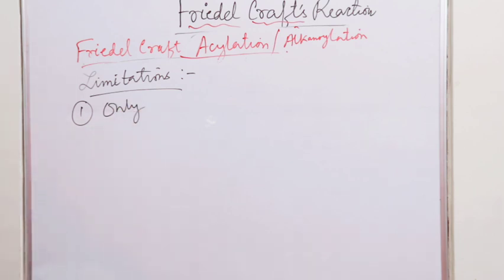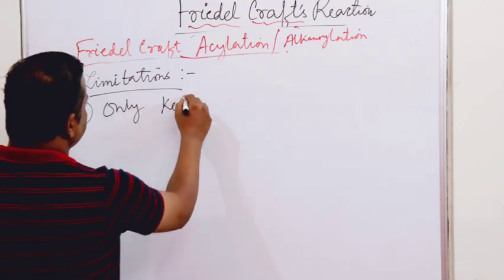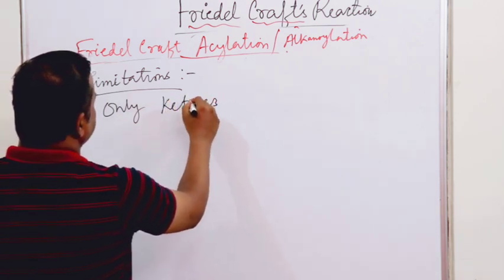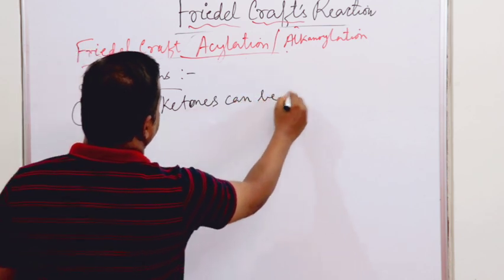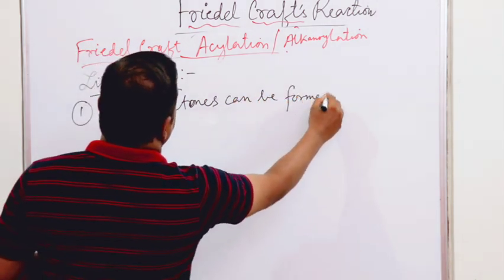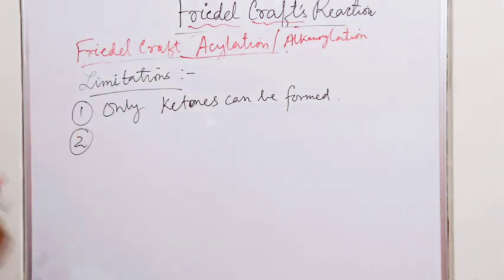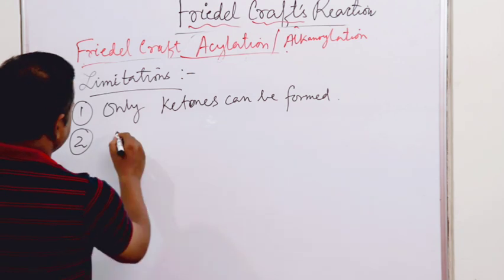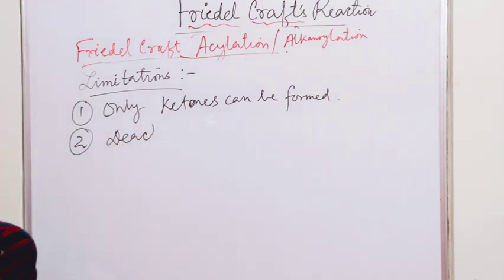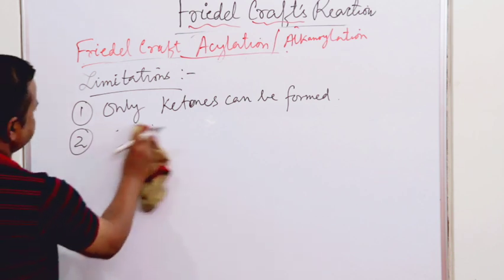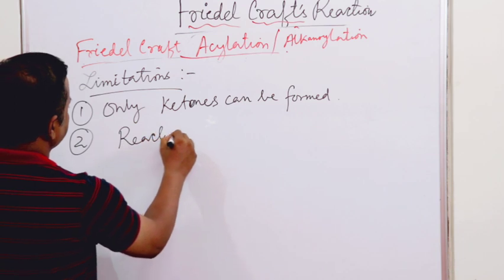First limitation is that only ketones can be formed by this reaction. Second limitation is that, same as alkylation, the reaction fails in the presence of deactivating groups